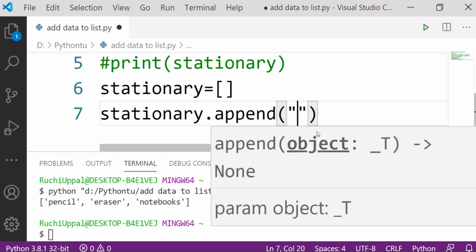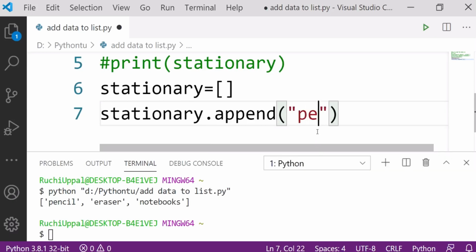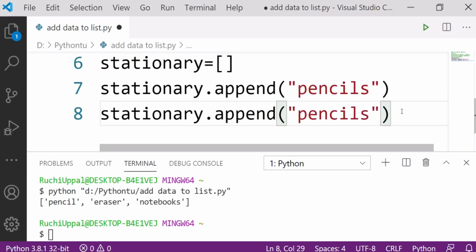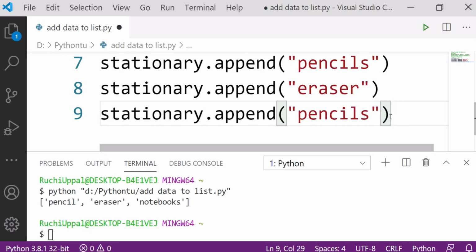What you want to add here now in the list, pencils. Okay, done. Let me copy this because I have to write this again and again. Then enter, Control V. Now what I want here, eraser. Again Control V, then again, just suppose you want notebooks. Next, you want chalks.